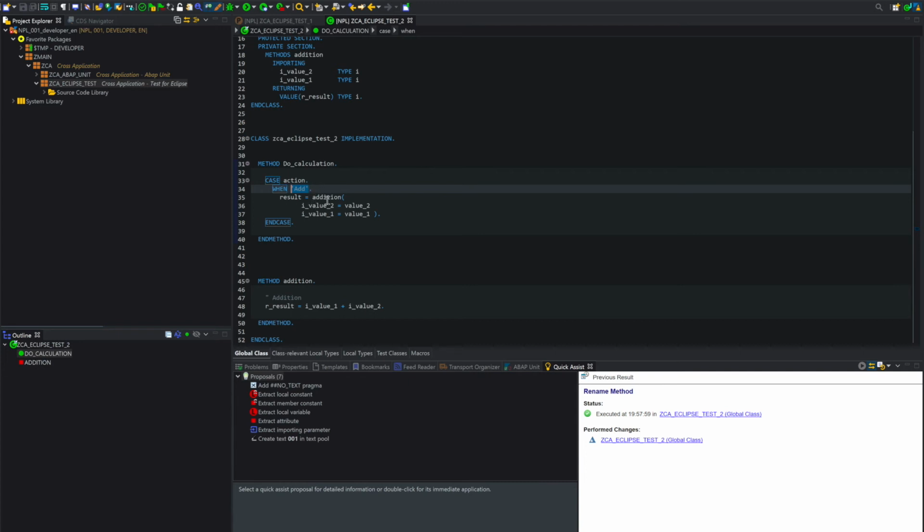You need to create the text in, for example, a text pool, or you need to create a local variable. Quick assist will propose you to do this directly. For example, it proposes you the text, the no text pragma, that will prevent you from having an ATC error saying, hey, you put hard text. Or you could create a local variable.